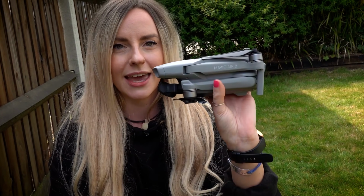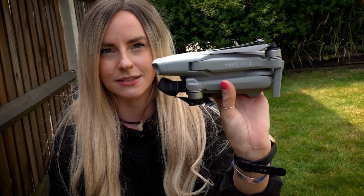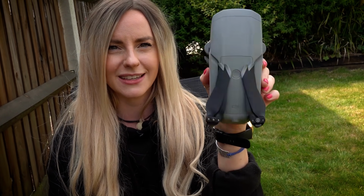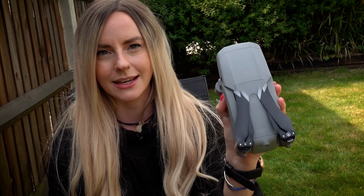First impressions, well, what can you say other than DJI have done it again? They've absolutely smashed it out of the park when it comes to the styling of their drones. So the Mavic Air 2 takes on a very similar design now to the Mavic Pro, Mavic Pro 2 and Mavic Mini. Fits quite nicely in between, nice and small, nice and lightweight, still with a banging camera. But it is definitely something I can see going in a bag on a day's adventure to be able to